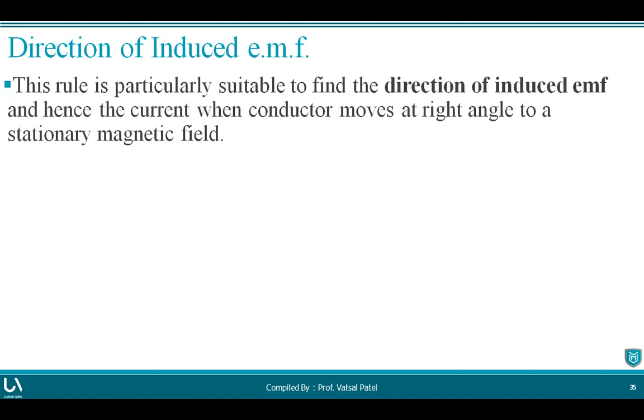Once the conductor is in a closed loop path, current will flow, because the EMF is nothing but the voltage, and if your circuit is complete, current will start to flow in that conductor. The current direction is at a right angle to the stationary magnetic field. With that right angle position, you will identify the direction of the current.